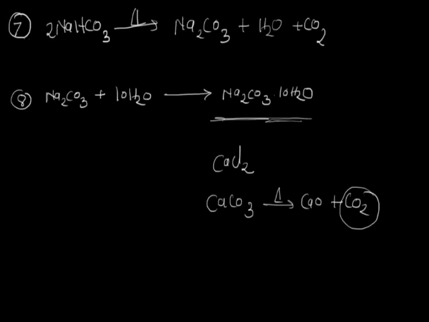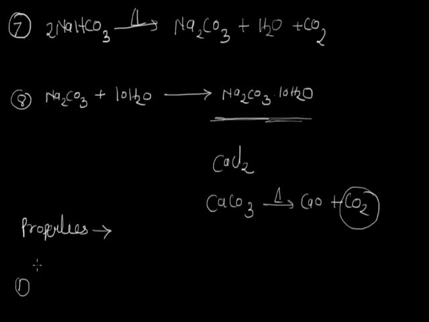Now we will discuss the properties of sodium carbonate, that is washing soda. First, washing soda, sodium carbonate Na2CO3.10H2O, is an efflorescent salt. Efflorescence means molecules which lose water molecules when exposed to air are called efflorescent molecules. Sodium carbonate is an example of an efflorescent compound since it loses water molecules when exposed to the air.